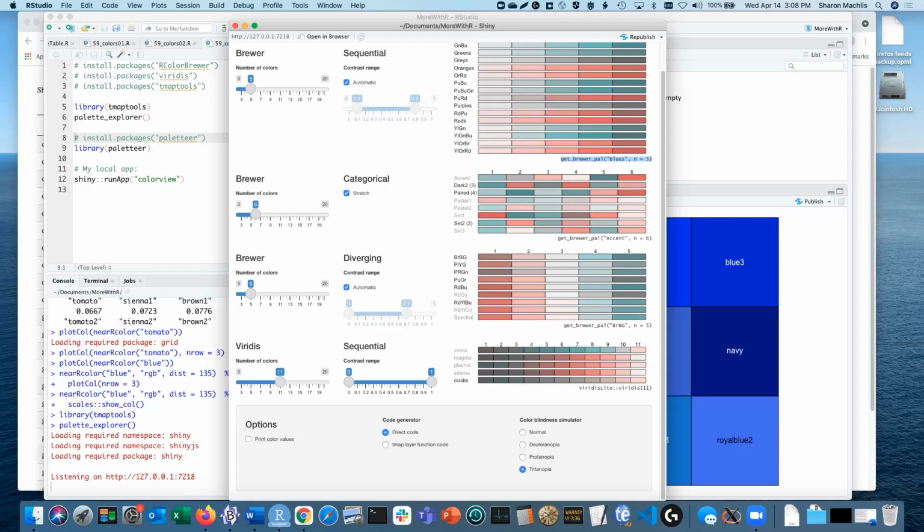These may be all the palettes you'll ever need. But if you're looking for more variety, there are a lot of other R packages with pre-made palettes. There's Harry Potter, Game of Thrones, Islamic art, national parks. It can be hard to keep track of them, which is what the Palettier package has done for us. Palettier includes more than 2,000 palettes from 59 packages and classifies them into 3 groups: discrete, continuous, and dynamic.